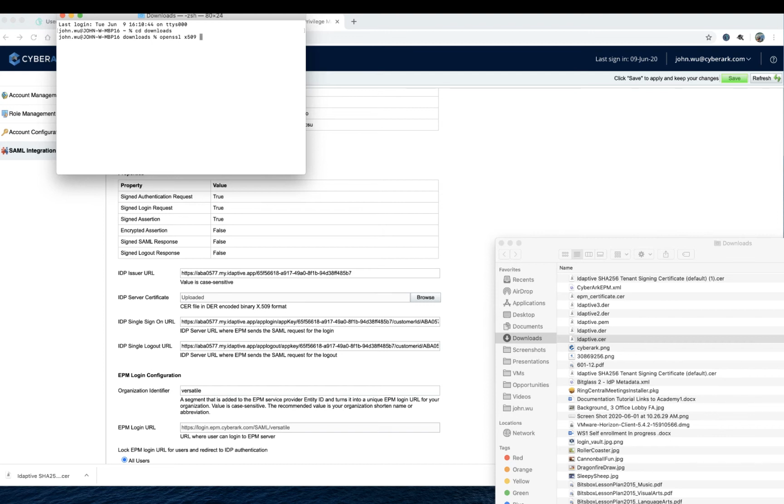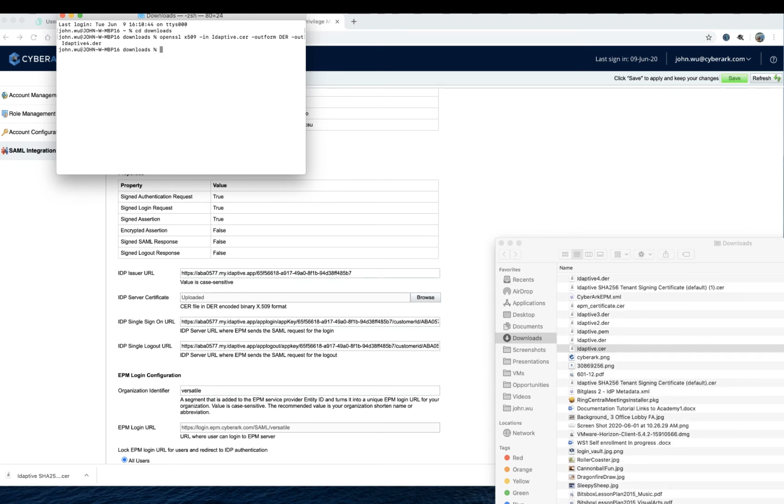The file that I'm going to take will be the CER file that we downloaded from the Adaptive Admin portal. We're going to encode it as DER and output. Okay, so as we see, a new file got created,